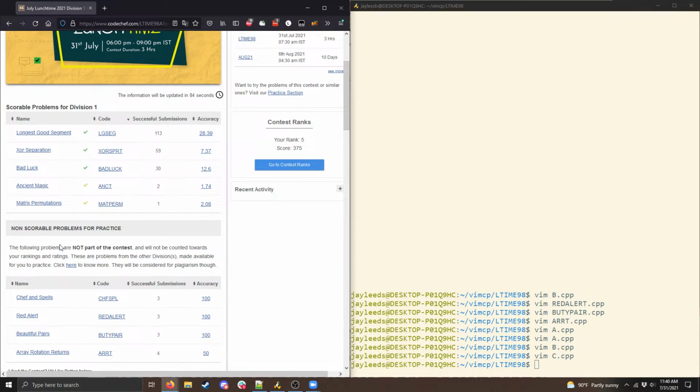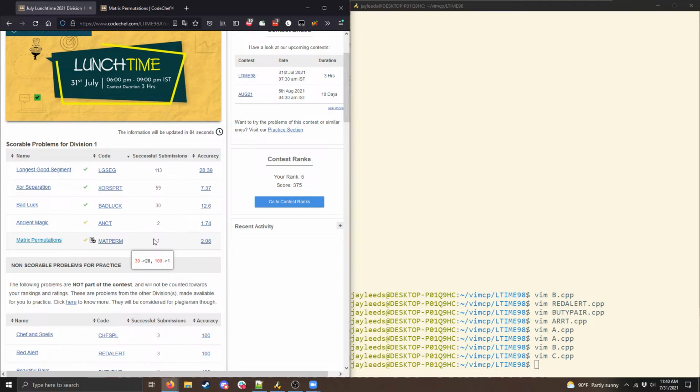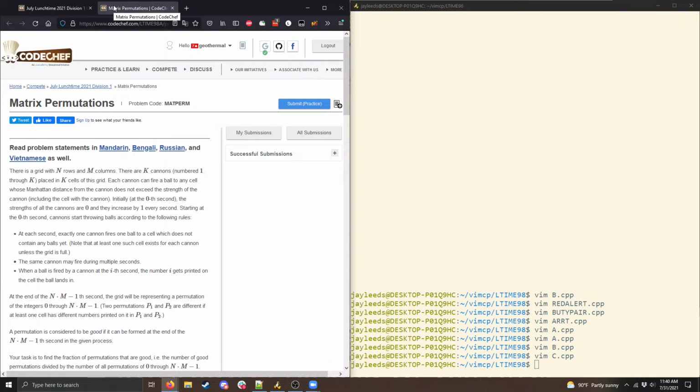All right. So the next problem is matrix permutations. It was listed fourth on the Div1 list, but it actually had the fewest AC submissions. Maxim was the only one who solved this correctly. But it did have a lot of people who got 30 points of partial credit, and I was one of them, so I'll go over the solution to that.